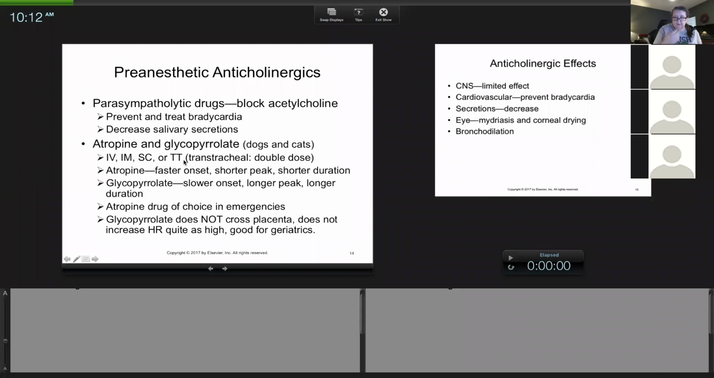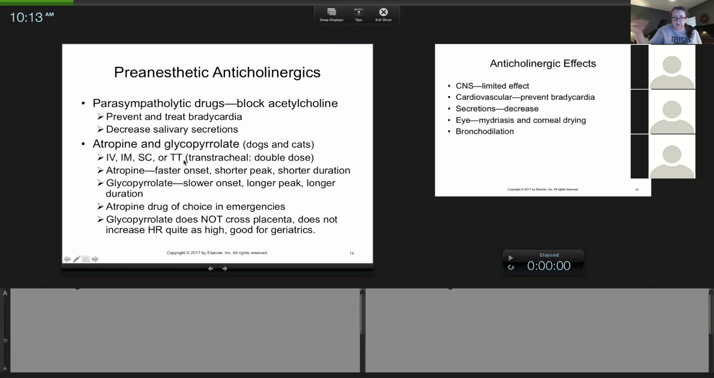Glycopyrrolate, this is the way I remember it. There's a lot more letters. That means it's a lot more expensive, if that helps you remember it. Glycopyrrolate came around. It doesn't kick in as fast, but it does last longer at its peak, and it lasts